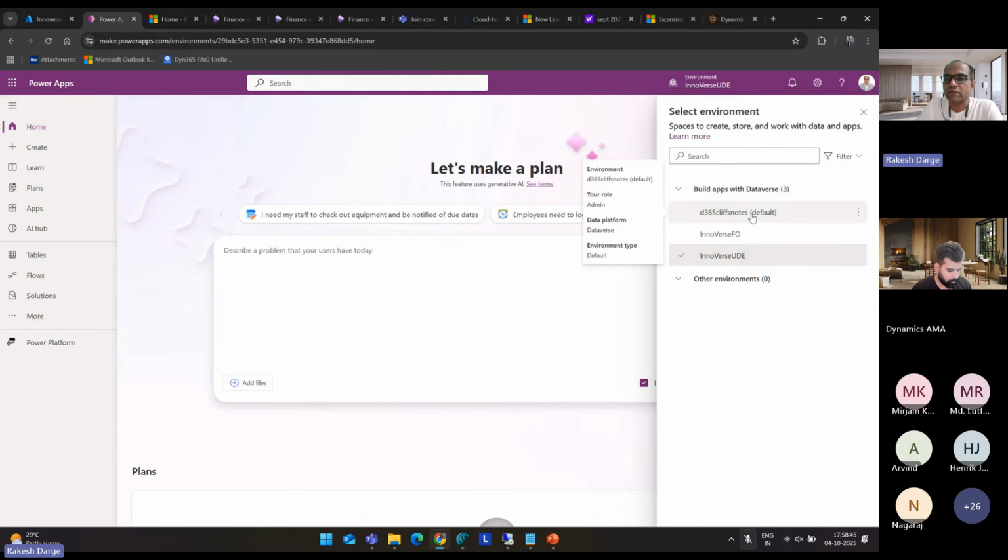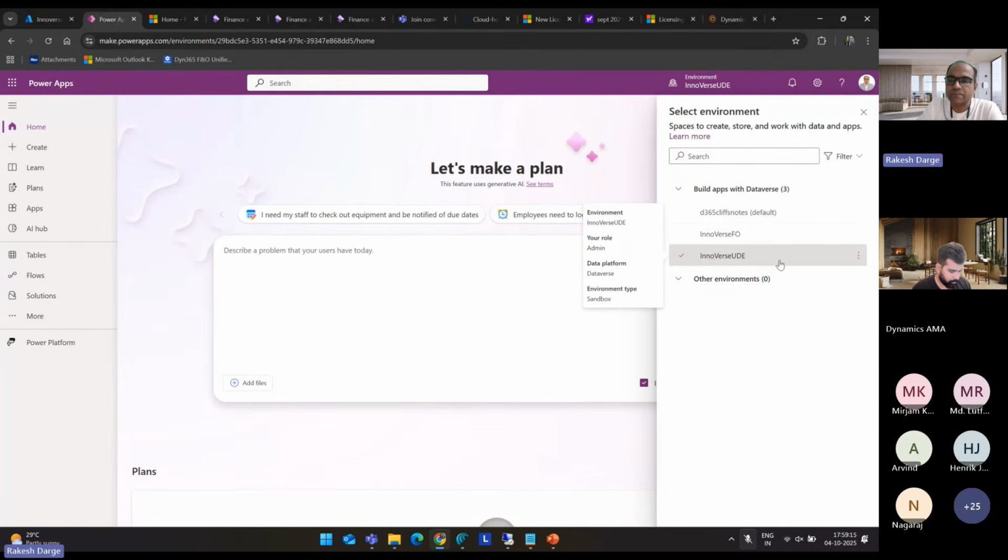Whatever environments you have, you will see that in my case, I have my default environment, which is predominantly maintained and managed by Microsoft. There is absolutely no need to use this environment, and I would highly recommend that everyone not deploy any solutions to the default environment, because it is reserved for Microsoft's internal use. Another point is that the default environment is not managed and not used for any backup. So if you are doing something there, everything is going to be lost. There is no guarantee.